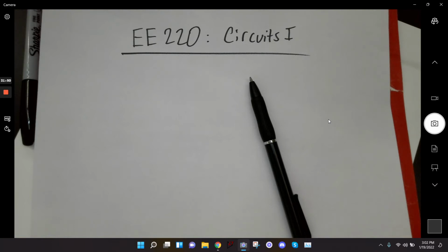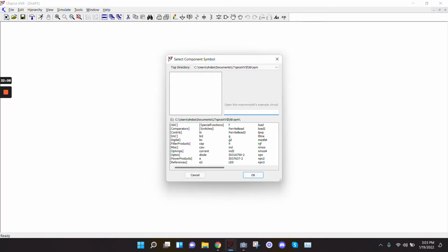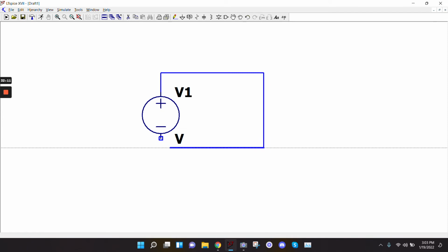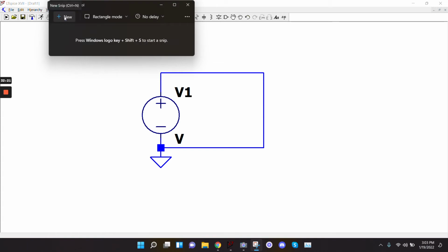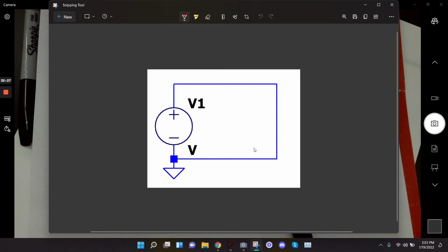But yeah, for the homeworks, are you guys familiar with the snipping tool on Windows? The snipping tool is great. When you go in LTspice and build something, like this, that might be your homework. That's never going to be your homework, but something like this. You just take a little snip and drop that into your document, whatever Word or